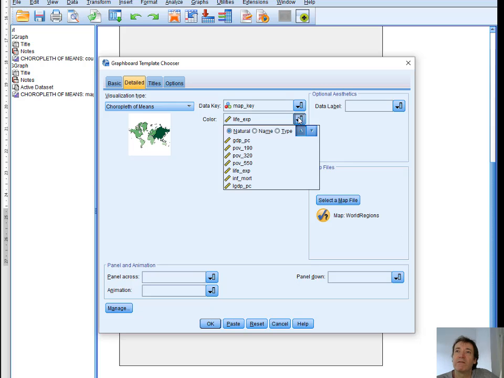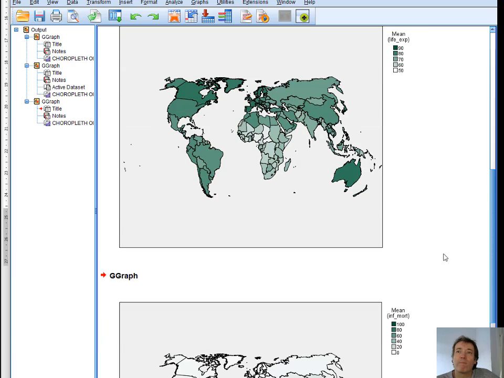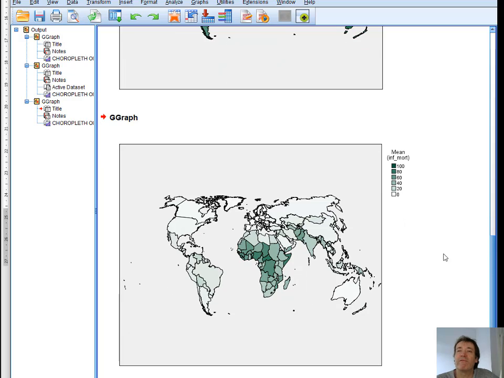So we just have to change this. Which one are we going to do? Life expectancy, infant mortality first. That's a graph on infant mortality. So white is lowest, dark green the highest there. Okay, and then similarly we can do it for